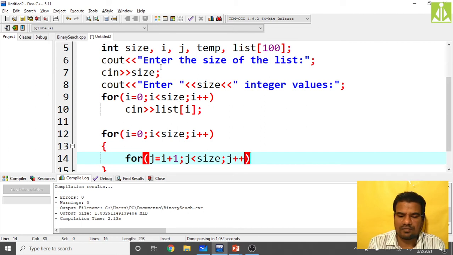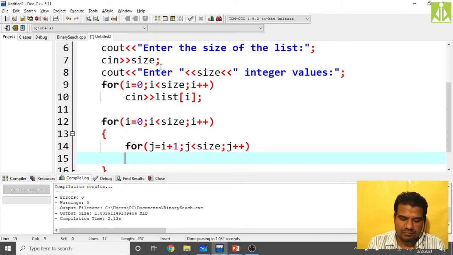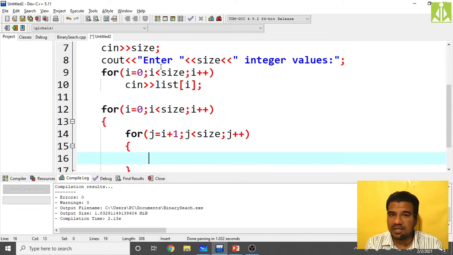Only that thing you have to remember, because in every iteration we are just increasing the index value. In the first iteration we are starting from 0, in the second iteration starting from 1, third iteration starting from 2. Likewise, in every iteration we are just increasing the index value.